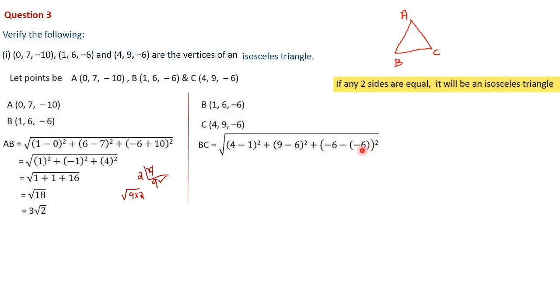Of course here I have written the step, but it is not necessary because now we are familiar with the calculation. So 4 minus 1 is 3 square, plus 9 minus 6 is again 3 square, minus into minus plus. So (minus 6 plus 6) the whole square. Actually one step is additionally written here, it is not necessary. If you are able to write directly, do it, it's not a problem. 3 square is 9, plus 3 square is 9, again minus 6 plus 6 is 0, so 0 square is 0. That is equal to root of 18 we have got.